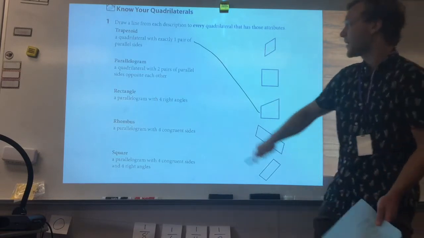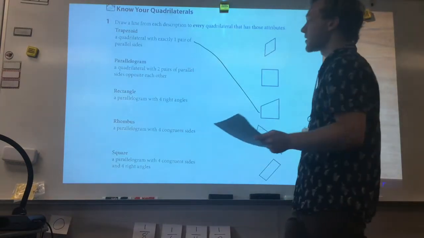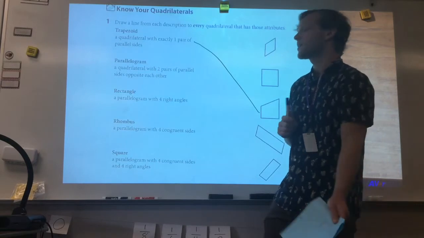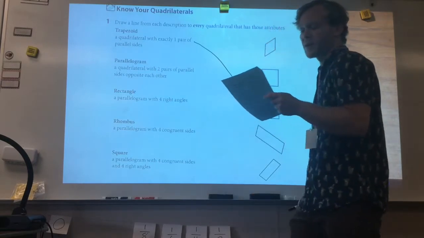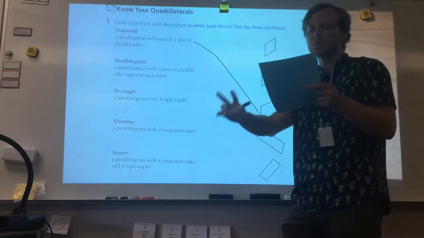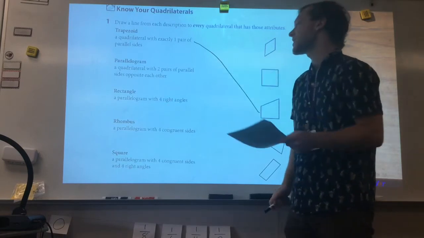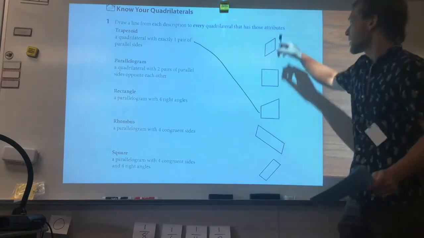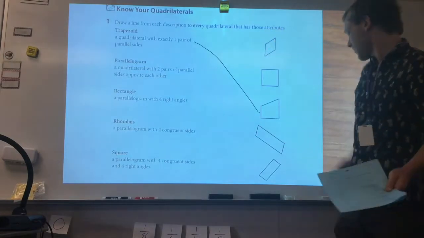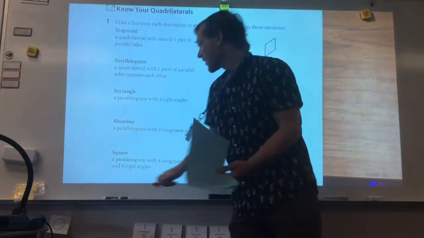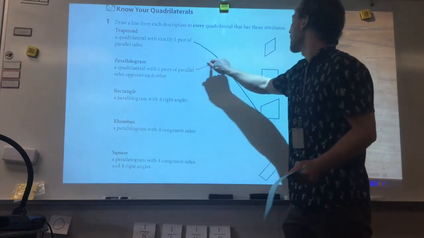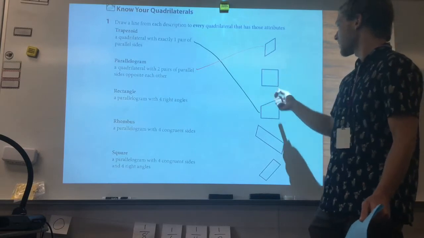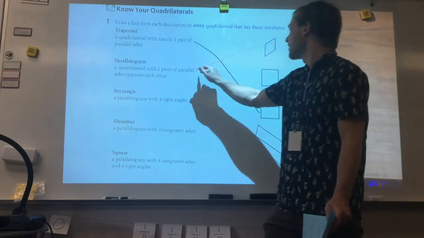Let's go ahead and try it for parallelogram, okay? Remember, a parallelogram is a quadrilateral with two pairs of parallel sides that are opposite each other, okay? Un paralelogramo es un cuadrilátero con dos pares de lados paralelos opuestos entre sí, okay? So, we have two pairs of parallel sides, and they are opposite from one another. So, for a parallelogram, we are going to draw a line here, okay? What about this shape? This shape has two pairs of parallel sides that are opposite each other, so it is